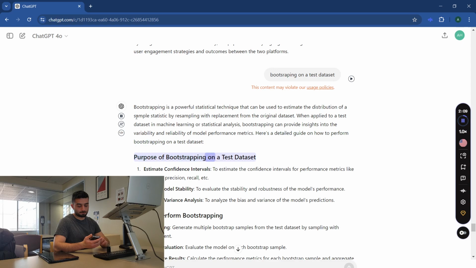Purpose of bootstrapping on a test dataset. Estimate confidence intervals, to estimate the confidence intervals for performance metrics like accuracy, precision, recall, etc. Assess model stability, to evaluate the stability and robustness of the model's performance. Bias and variance analysis, to analyze the bias and variance of the model's predictions. Steps to perform bootstrapping. Resampling, generate multiple bootstrap samples from the test dataset by sampling with